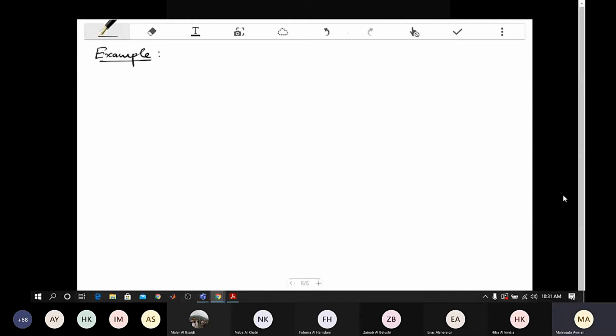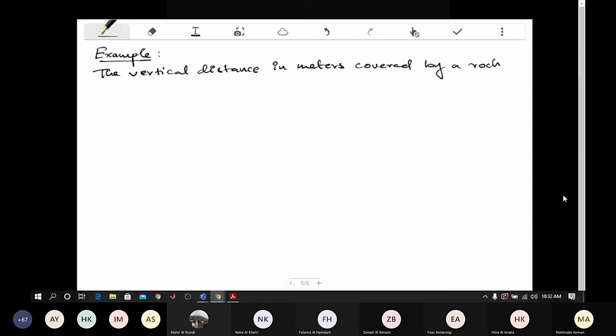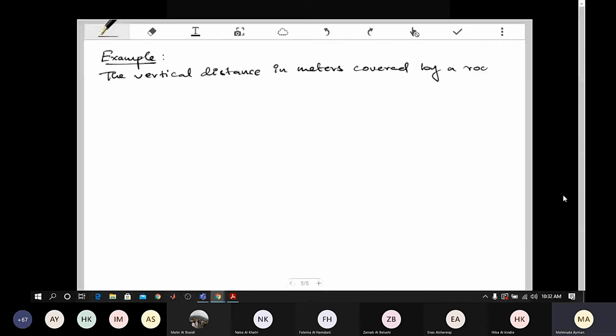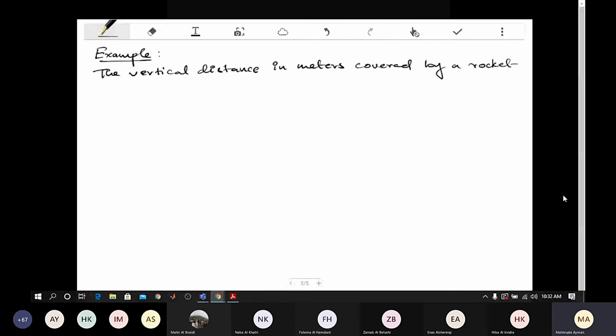The vertical distance in meters covered by a rocket from t is equal to 8 to t is equal to 30 seconds, so 8 seconds to 30 seconds, is given by